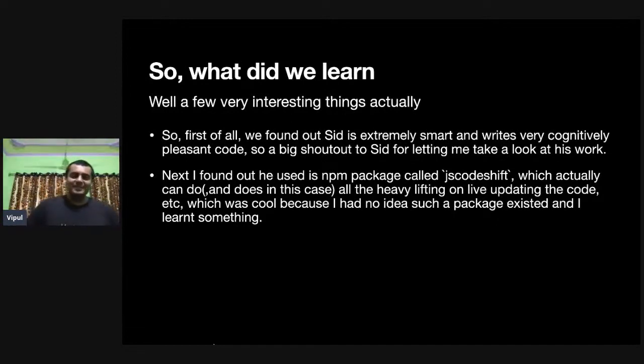So basically, they're using this thing called JS CodeShift, and JS CodeShift is doing the whole heavy lifting of changing the code. But that comes with some other things. It has to be told that the things you're supposed to look for start from this line to this line, and there is some meta information that it also needs. One thing I personally learned was I found a new library that I might use in the future sometime. So that was great. And I also found out that he was not personally handling this. He was deferring that to a whole new library, which was cool. He was focusing on a different problem altogether.